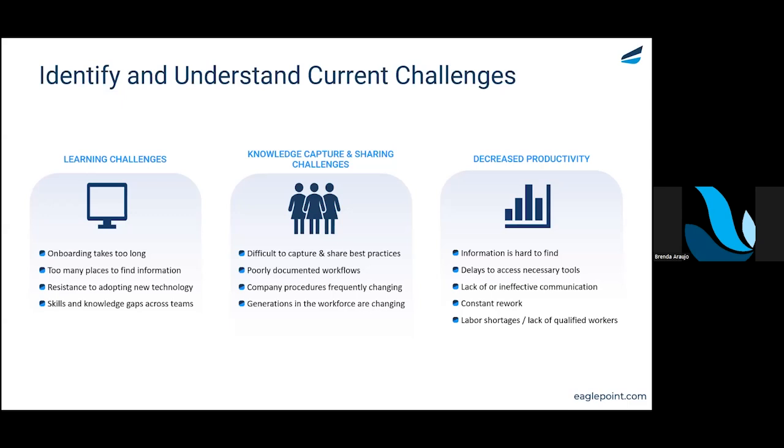And for our leaders and stakeholders joining us today, you may not have clear insight into the challenges Katie mentioned. However, you may be noticing a decrease in project performance. More deadlines are being missed or response times have kept increasing. At the end of the day, these metrics are affecting your firm's profit, and this is why it's important to really dig deeper into what's causing KPIs to be missed. One of the things you can look at is current employee retention. Over the last few years, getting good talent inside your organization and keeping them there has been quite a challenge